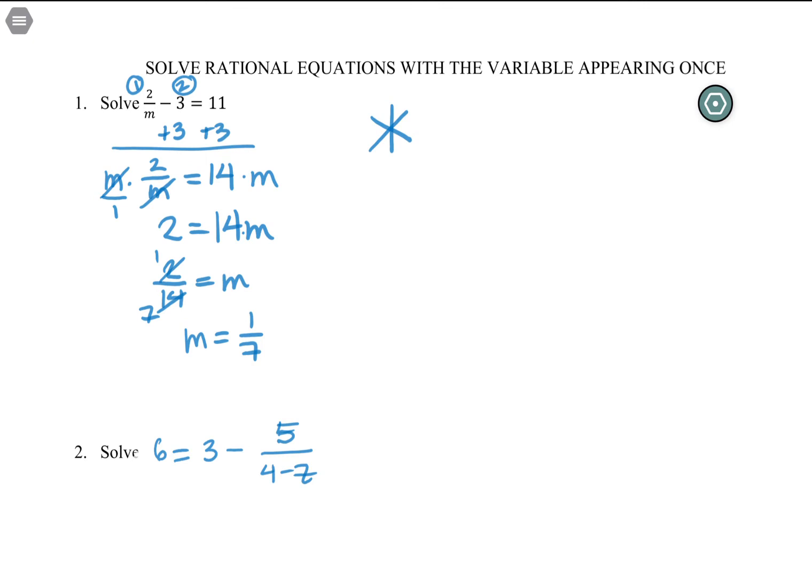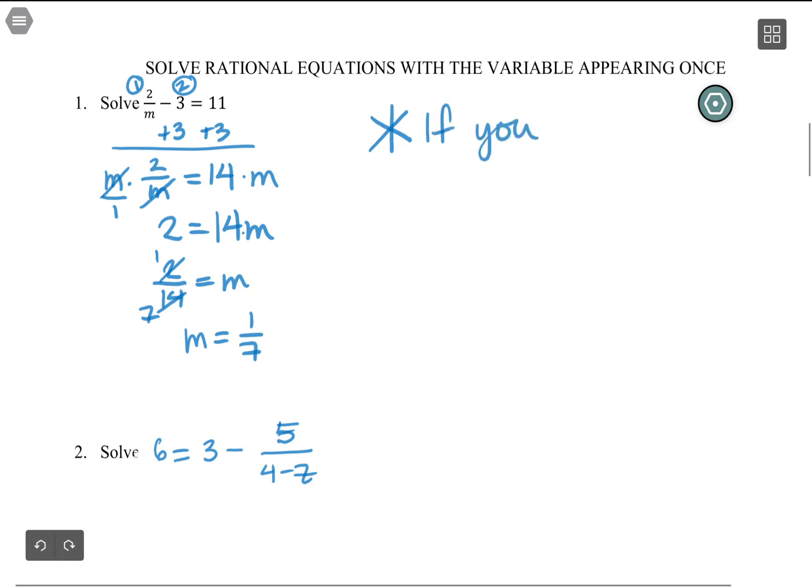If we were going to multiply by m plus 2 or 2m minus 1, if you multiply by something with a variable in it on both sides, you have to be really careful because you don't actually know whether or not that thing is 0. So in the end, if it turns out that it is, that means everything you've done is invalid. So what I would just say is if you multiply both sides by something with a variable,